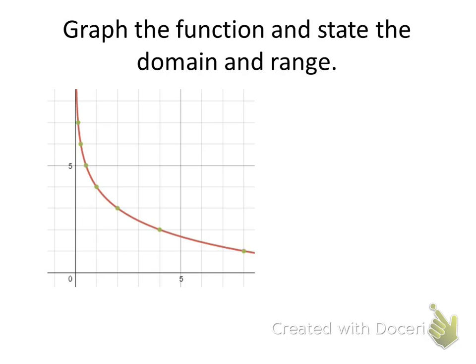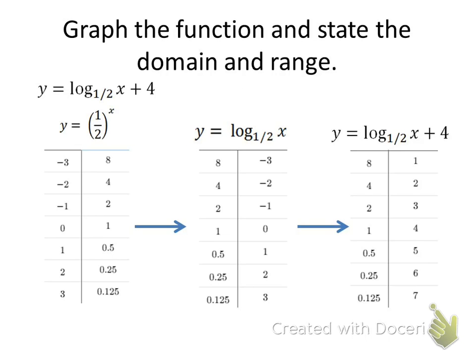Notice how the vertical asymptote, wait a second, vertical asymptote, well, the horizontal asymptote here would have stayed at y equals 0. So then when we switched, the vertical asymptote would have been x equals 0. Because only the